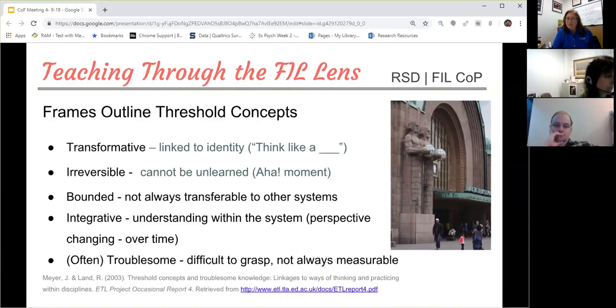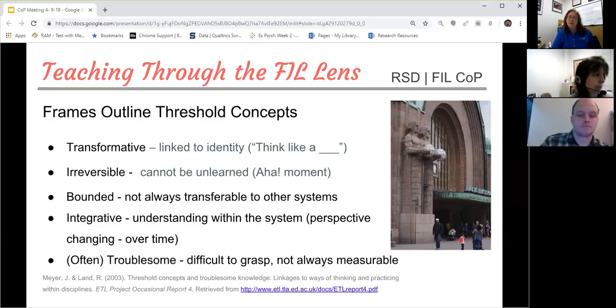They're irreversible, so once students and faculty cross the threshold, they can't be unlearned. They generally aren't transferable to other systems, so if you are an expert in one system, that doesn't necessarily mean you're an expert in another system. They're integrative, so they will change over time, and that's an important concept as we think about teaching these